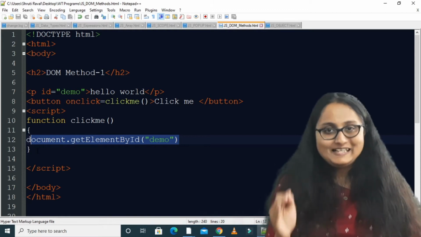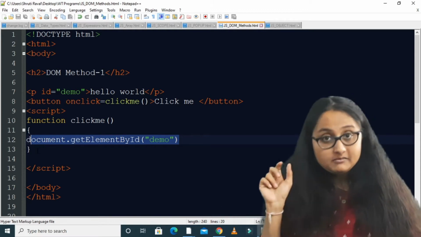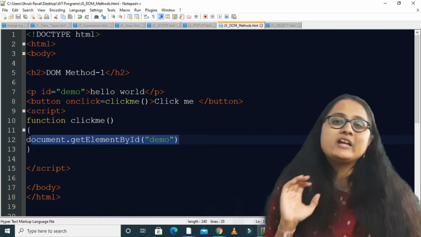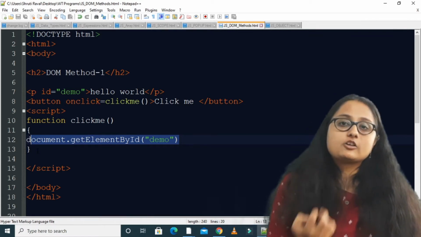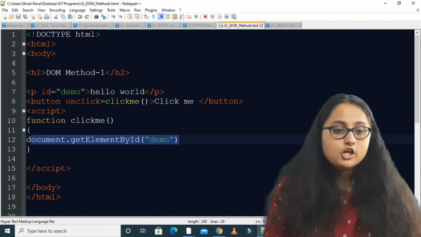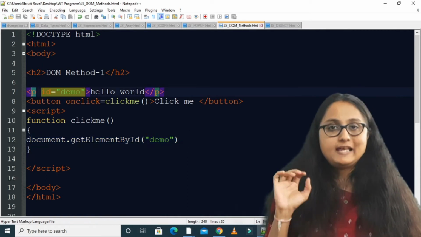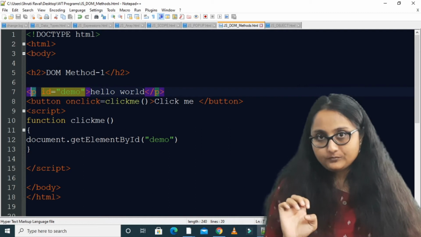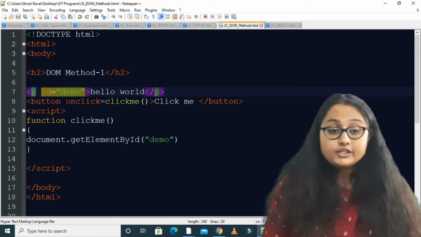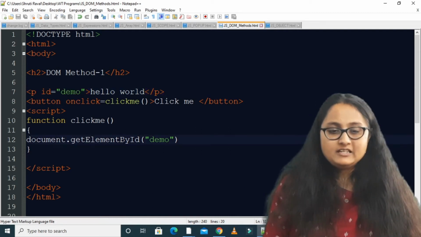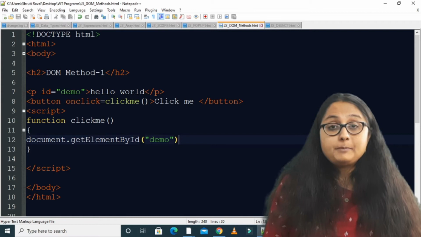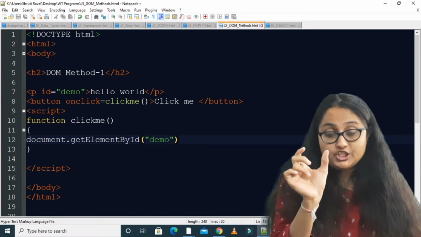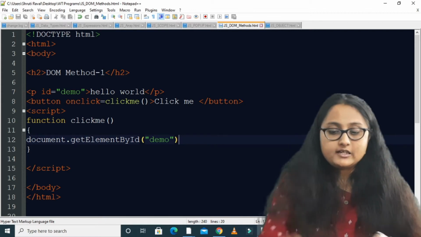Document.getElementById, and by passing the ID of any HTML element, what does it actually acquire? It acquires the whole paragraph element as an object. Again, when you write document.getElementById and inside it you pass demo, it will acquire the whole paragraph element of the HTML document as an object. Let us see.